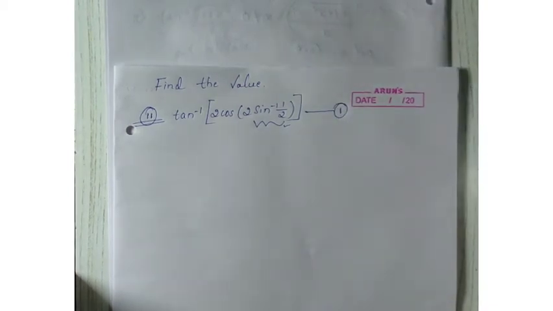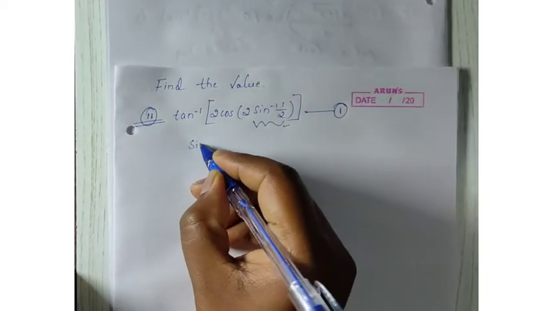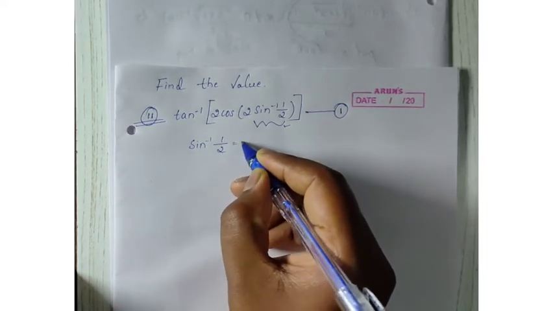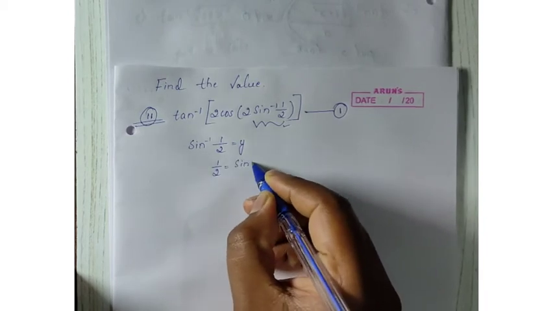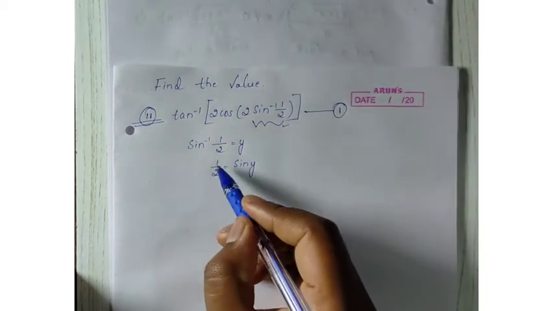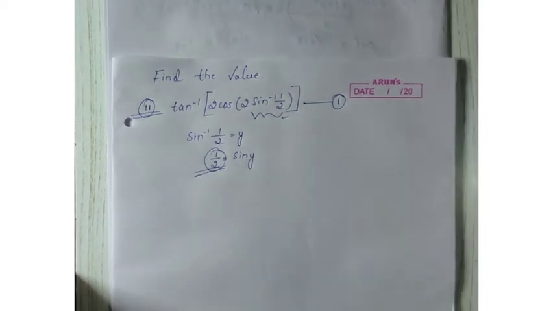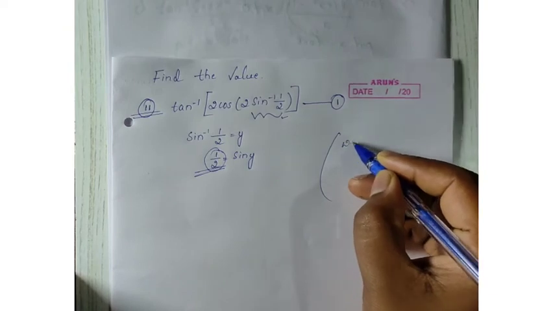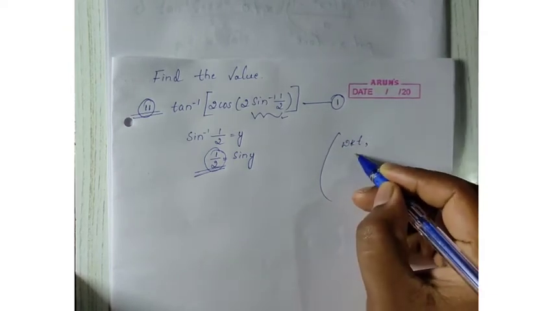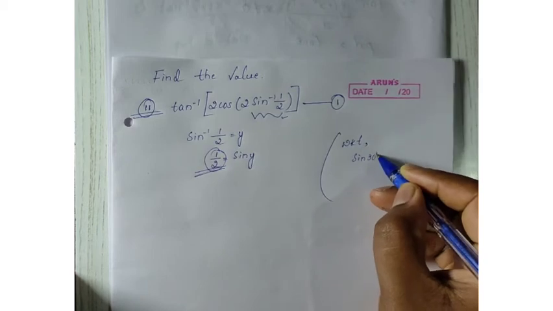So as I said, we need to find the principal value of sin inverse 1 by 2. You know already we have solved a few problems based on principal value, right? So first thing, we need to assume sin inverse 1 by 2 as y. Therefore, you will get 1 by 2 as sin y. Now, I want 1 by 2 in the form of sine function. So, what do we know? We know that sine 30 degree is 1 by 2,